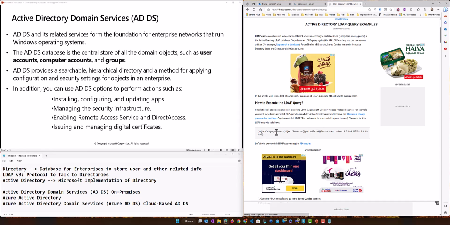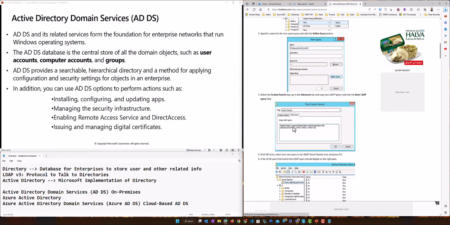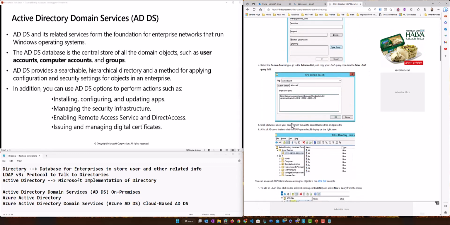They are saying object category person, object class is user, password class at 0, and various other things, right? And then it tells you, for example, this is the query you have made, and this is the Active Directory interface. So this is actually getting all the people whose password is set to never expire. It's not very straightforward, right?